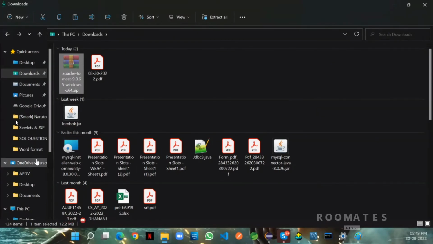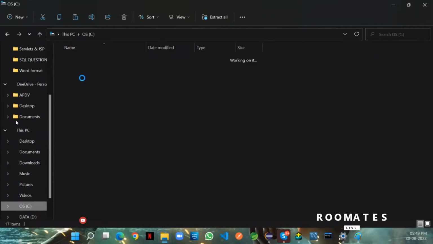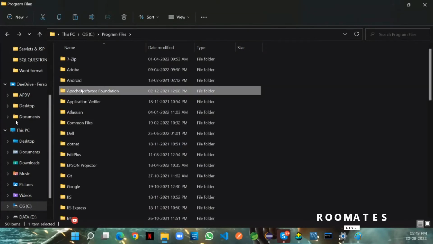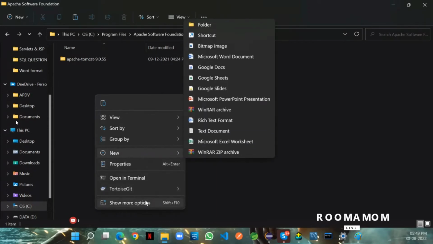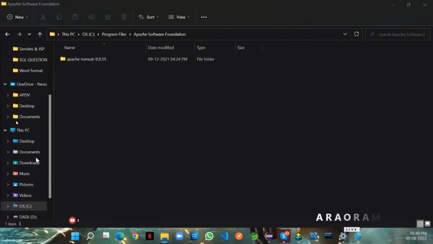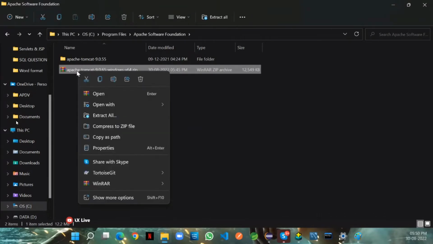Okay, which folder? In your C drive you have to create one more folder called Apache. In Program Files you have to create a folder called Apache Software Foundation and you have to paste it over there. Simple. Now, after you have pasted it over there, what you are going to do is click